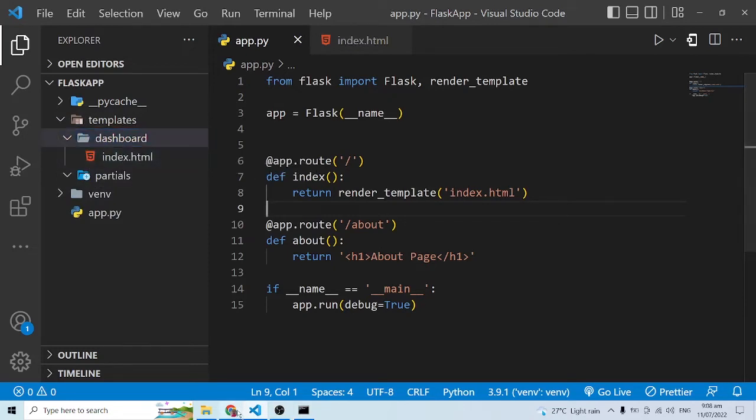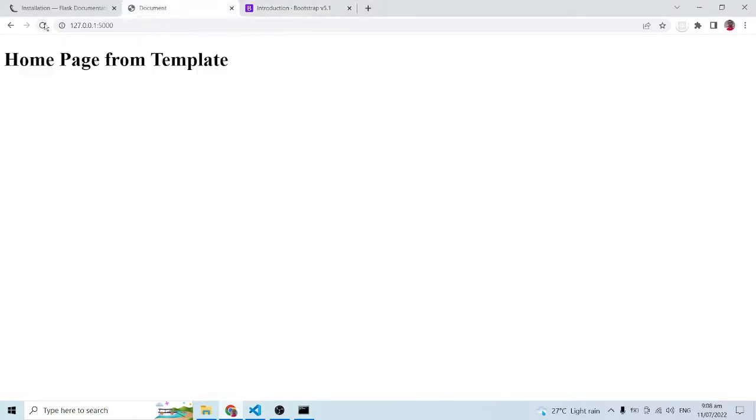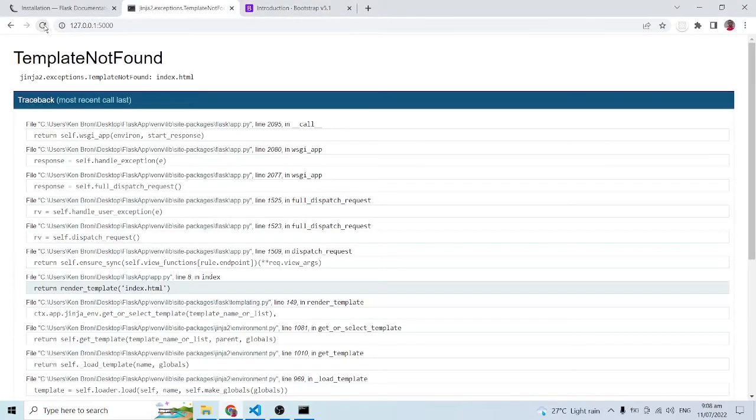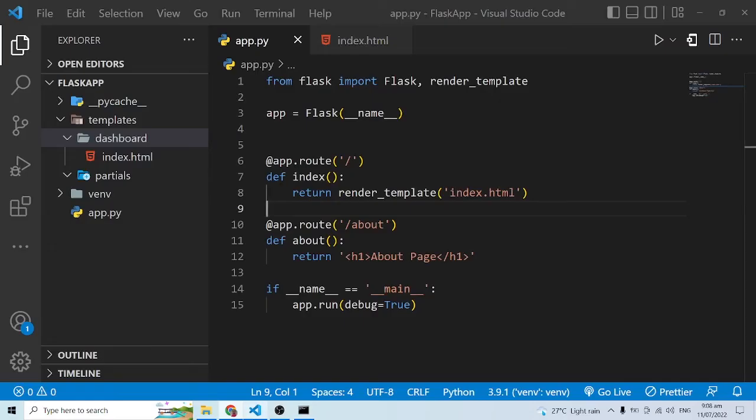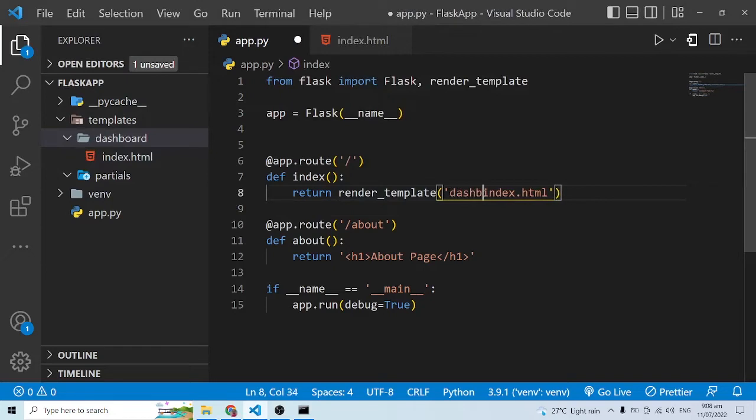Good. Now if I save this and come back here and refresh, we are definitely getting an error because it is still not able to point to the index.html. So it says template not found. Now that's simply because the file structure has changed, and the way we can fix this is basically to come in here and say dashboard /